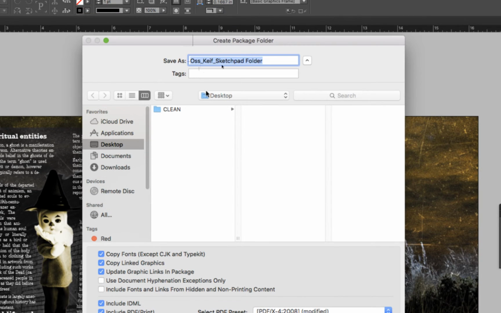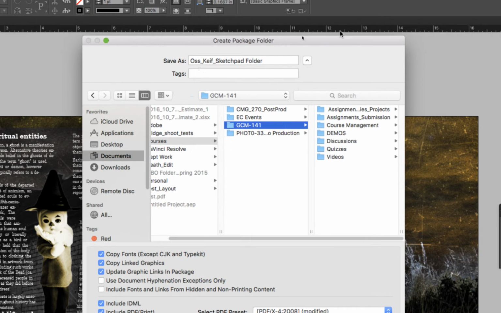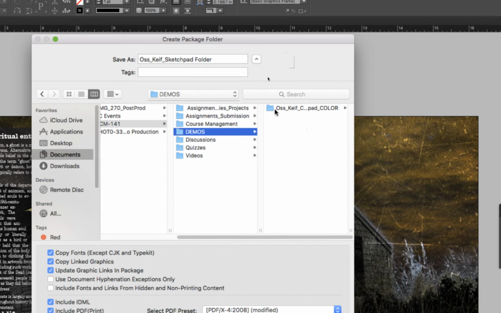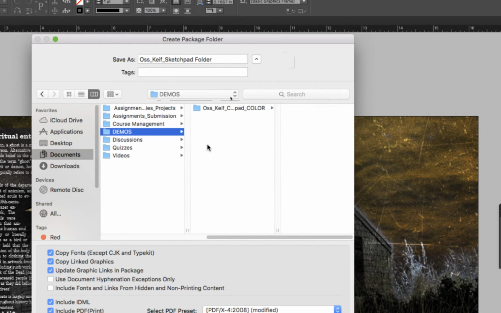And what I'd like you to do is put this with your project. So it's real important that you organize your content as you work. So I'm going to go in with my courses to my 141. I have a demos folder, and within it, I have a Sketchpad color photo. But this is sort of my sourced file for delivery. So what I'm going to do is click outside of it,